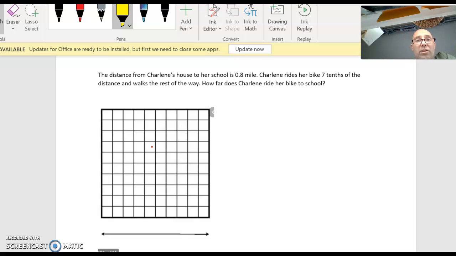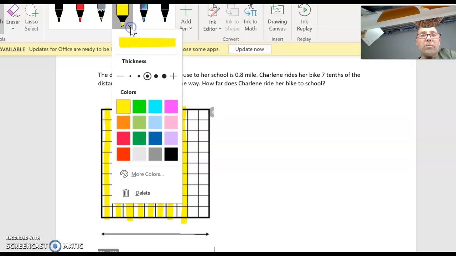So first thing you need to do is label your distance here. The house to school, 8/10ths of a mile. So if we shade in and use our hundreds grid, 2/10ths, 3/10ths, 4/10ths, 5/10ths, 6/10ths, 7/10ths, 8/10ths, and we'll go ahead and multiply that to our